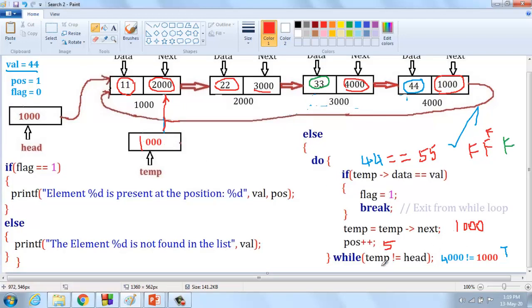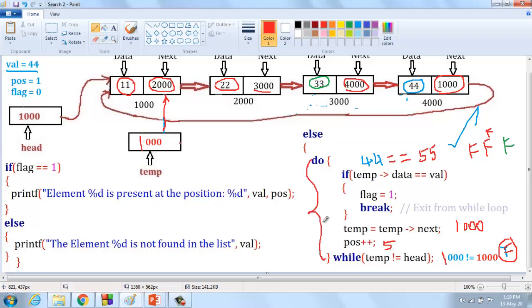The temp value is 1000, because the temporary pointer is pointing to the starting node address. Here temp is 1000. 1000 not equal to 1000. Condition true or false? The condition fails. If the condition fails, it never executes the loop and comes out of the loop.